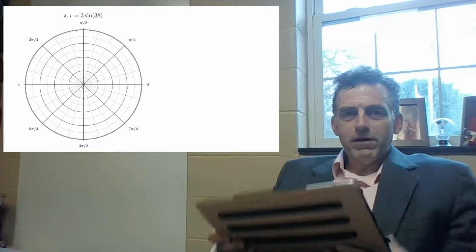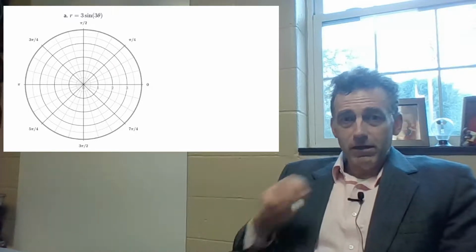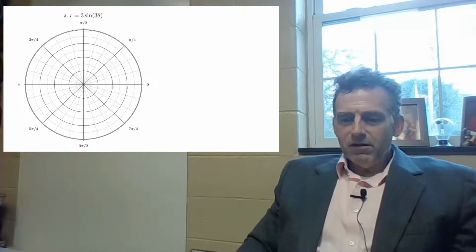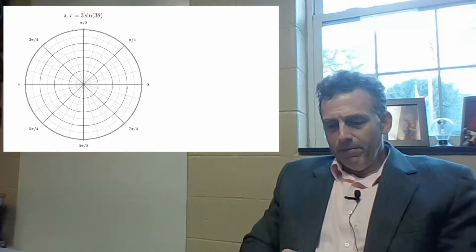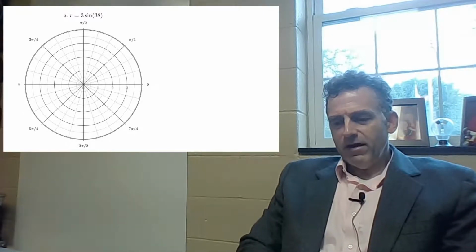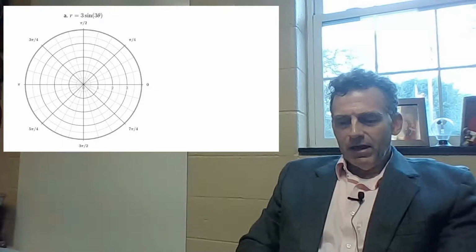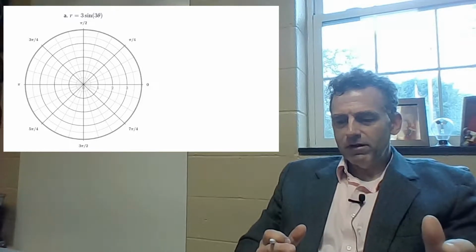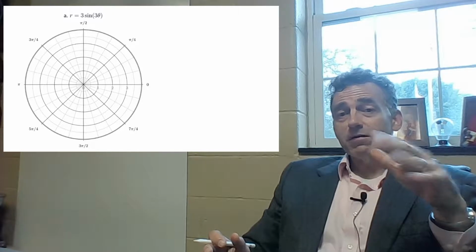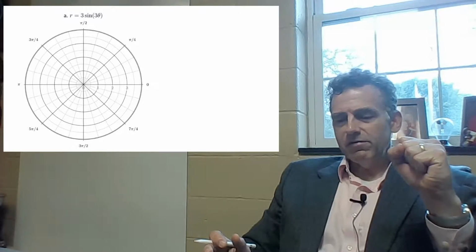Hi, in this video, we're going to take a look at some graphing in polar coordinates. So let's take a look at this particular example. We have r is equal to 3 times sine of 3 theta, and we're going to graph this in polar coordinates. One of the things that's a little bit confusing about the way that the book describes this is they